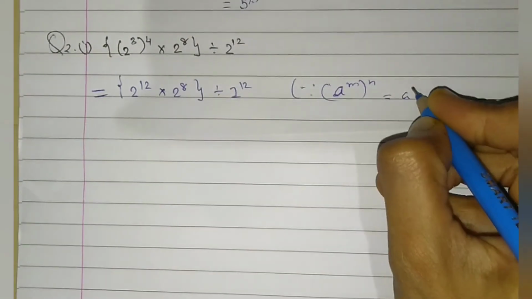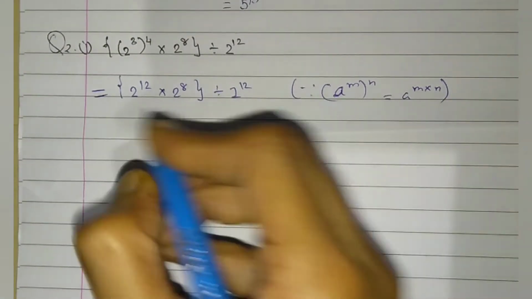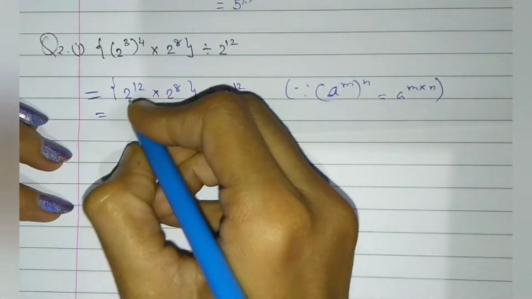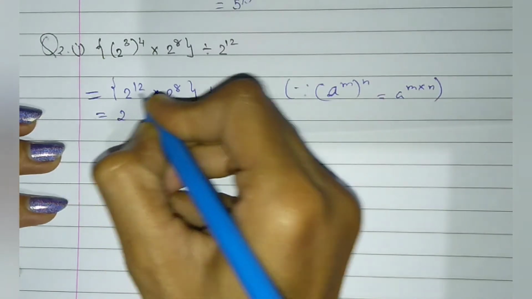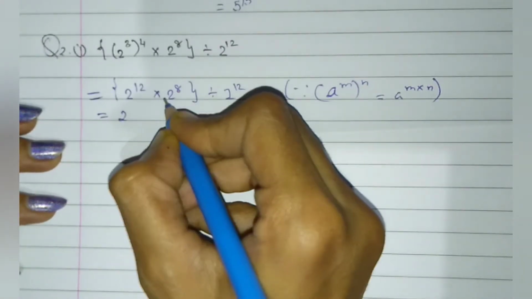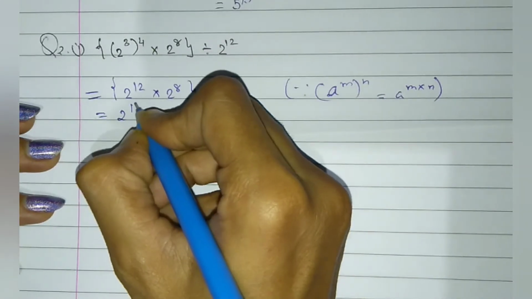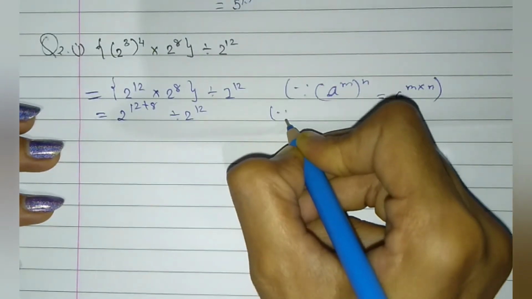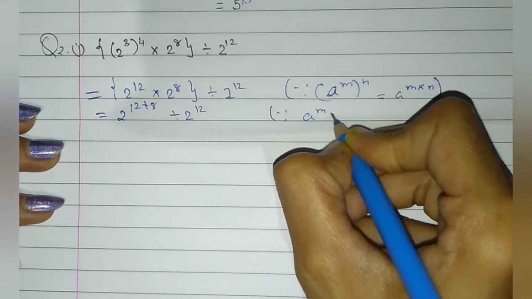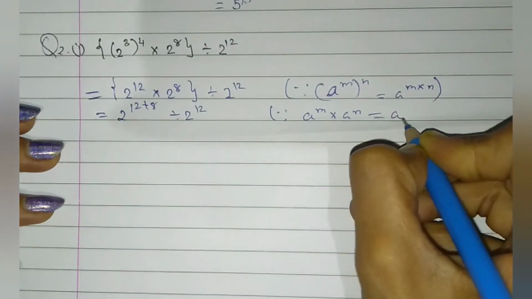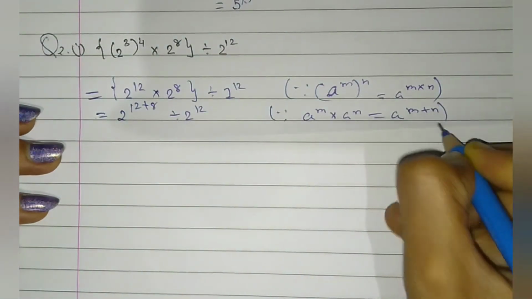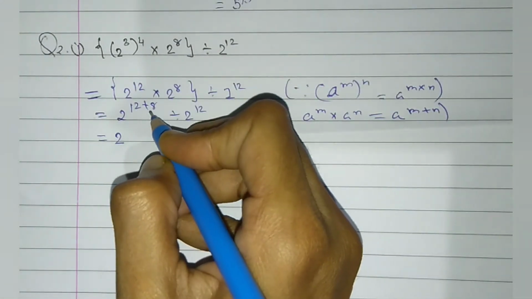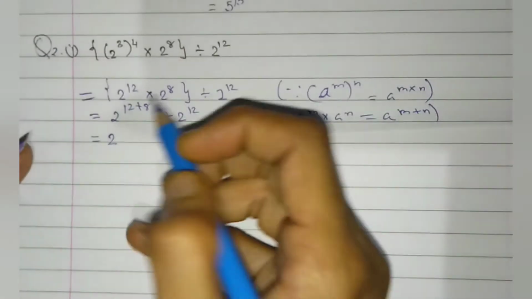Now this is a multiplication, so we'll do plus. So 12 plus 8 divided by 2 raised to 12. a raised to m into a raised to n equals a raised to m plus n, which is equal to 2 raised to 12 plus 8,